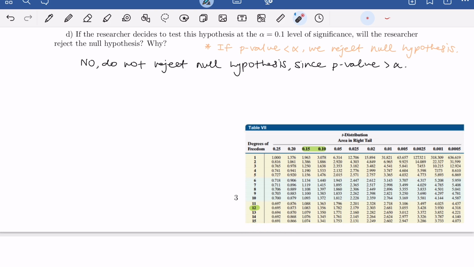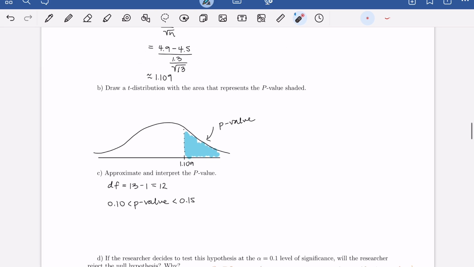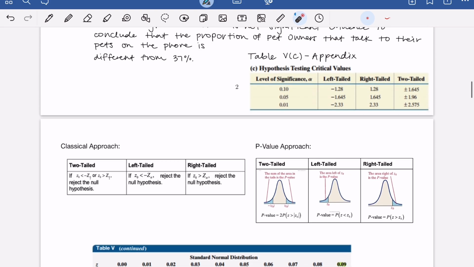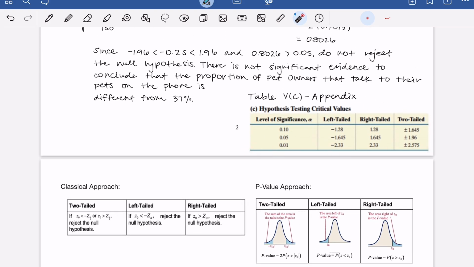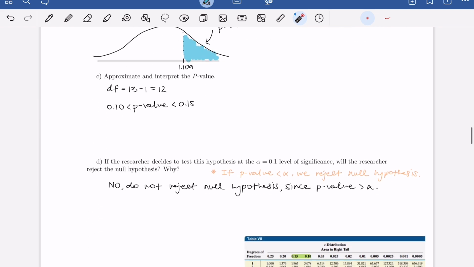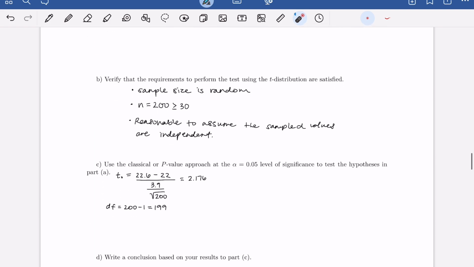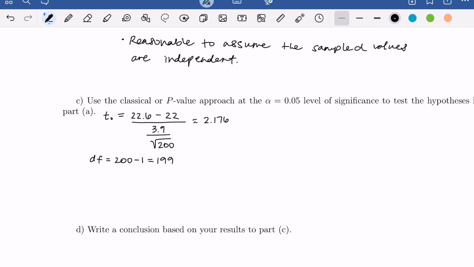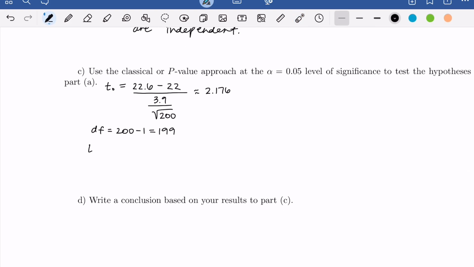It would be the last guy in this column here, and then we'd look at the corresponding area for a significance of 0.05. We can use that table. We can also use the tables that we saw here in this appendix. So for the level of significance of 0.05 in a right-tailed test, we're going to take the z-value of 1.645. So a couple different ways to get there, but we do get that our critical value for this level of significance is